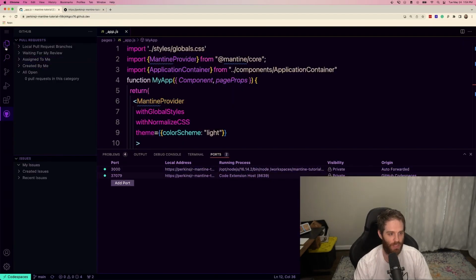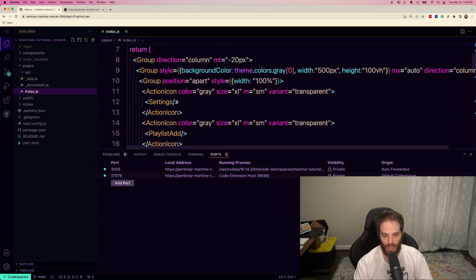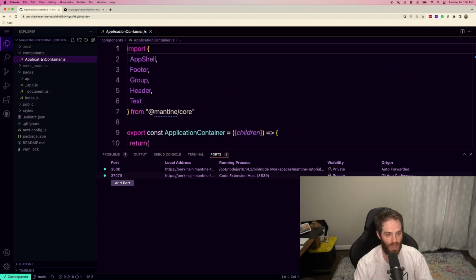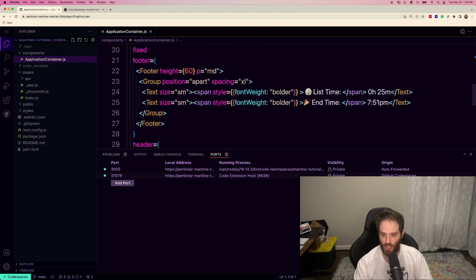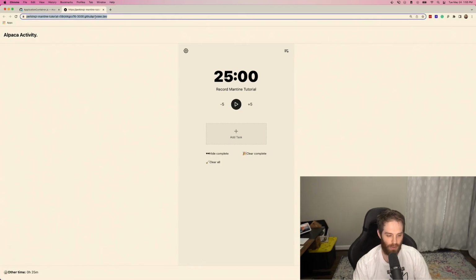And we can go and change something by going to the Explorer and maybe going to index. And let's see here, let's find some sort of code to change. The application container here has a title, and we could change this list time to maybe other time and hit save. And in theory, because this is running here, if we go here, you can see now in the bottom right hand corner, this has changed. So everything is working as if I was running this locally.